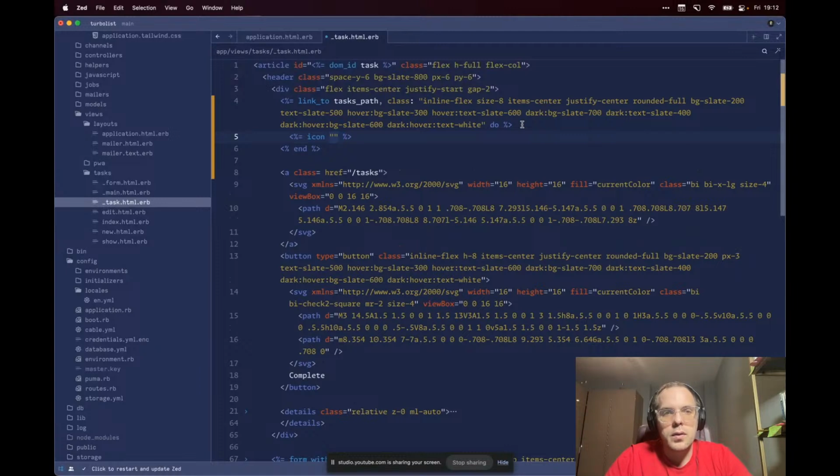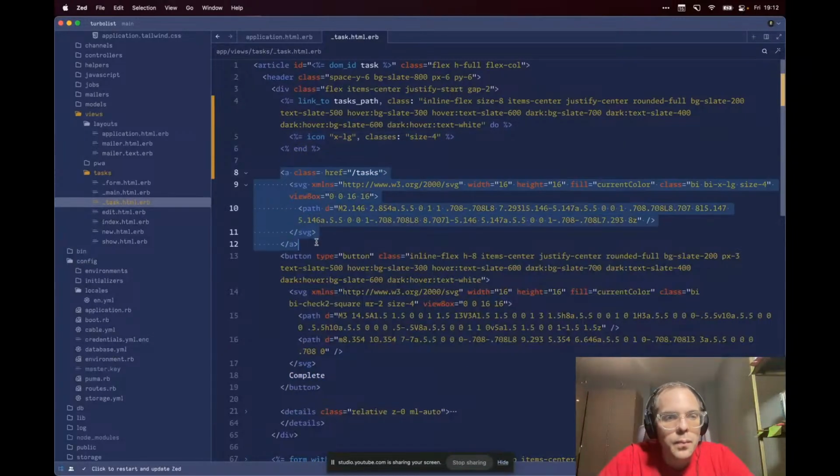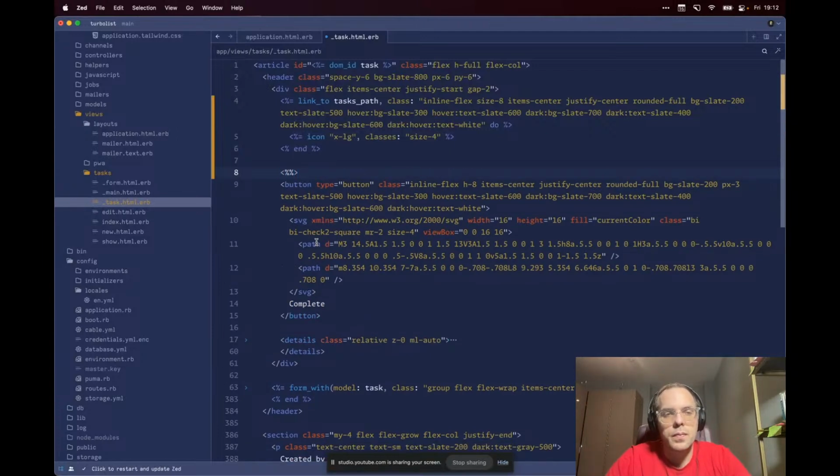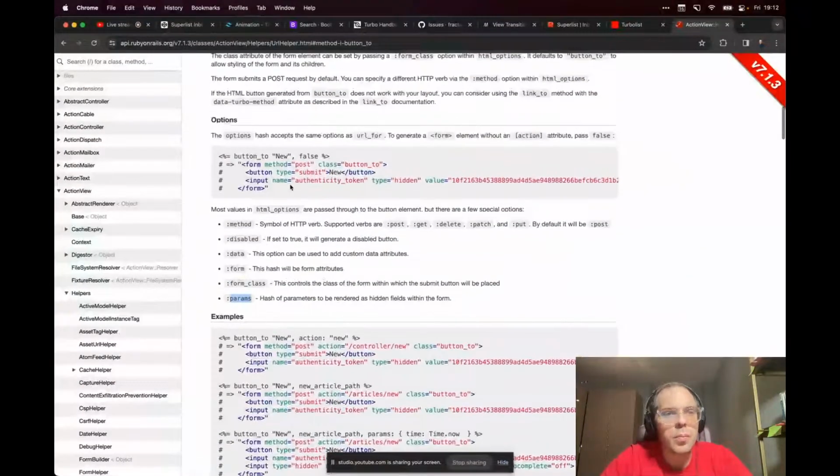Icon. What is this icon's name? XLG. And we want to add the size 4 class. Okay, cool. Button 2. So button 2